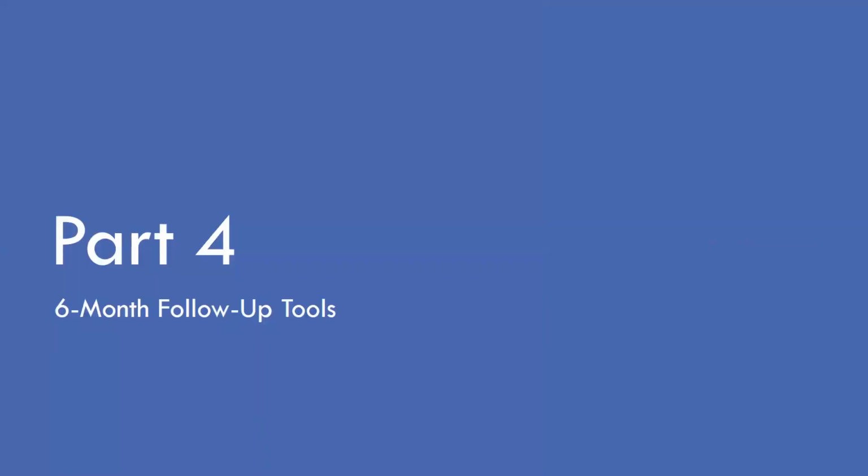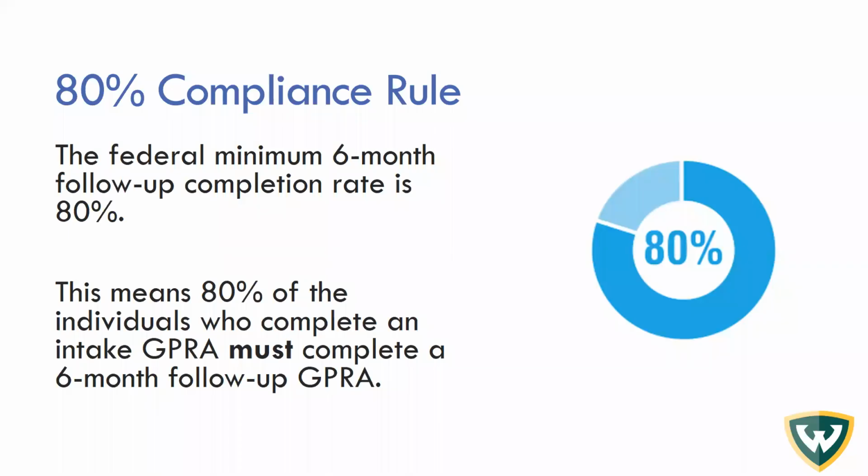So that's the end of our special populations considerations. I'm going to talk now about the 6-month follow-up tools. The 6-month follow-up tools are some resources that we've developed to help facilitate your 6-month follow-up efforts. We recognize that for some populations, it's very difficult to locate people after you've provided services after 6 months. So in an effort to facilitate that, we've got some tools available at mygprainfo.org, and we have some processes in place to help facilitate that process.